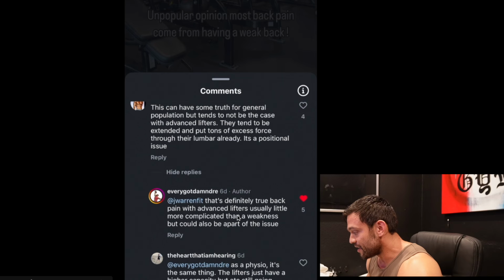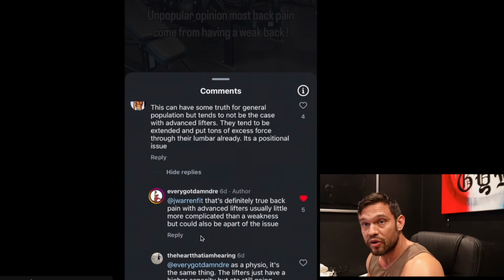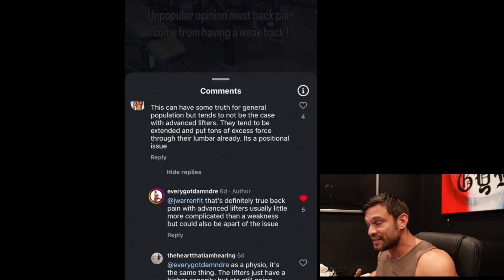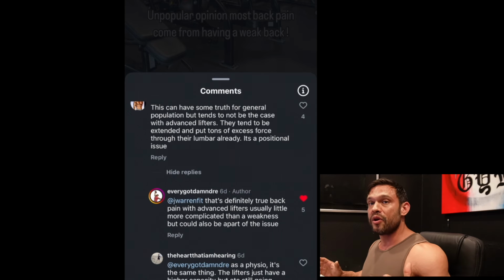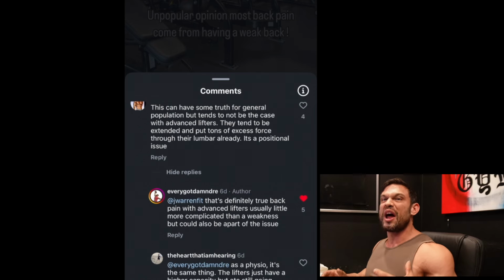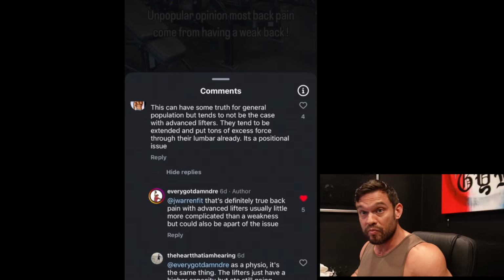He responded, that's definitely true. Back pain with advanced lifters is usually a little more complicated than a weakness, but could also be part of the issue, which I like. That's totally true. But what I mean by that is as we get more and more compressed and extended, our pelvis dumps forward and our lumbar becomes a lot more of a fulcrum point because we're missing mobility in our hips, and we're also so used to just driving force through there to help us produce more. And so we don't really need to get stronger there and put more stress